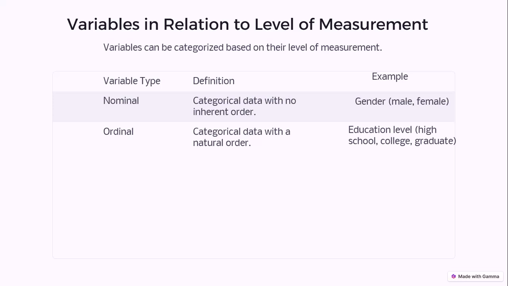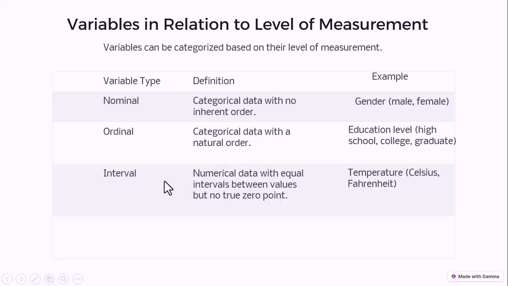The second one is the ordinal scale. In this scale you categorize data but with natural order, so it means that there is ranking. A typical example of such variables that uses ordinal scale is educational level. Even in a school where you have classes, you have class 1, class 2, class 3, or primary 1, primary 2, primary 3. Such a variable can only be measured using an ordinal scale.